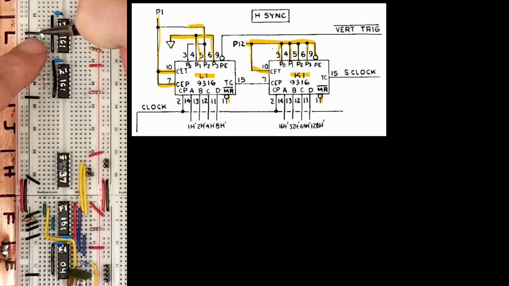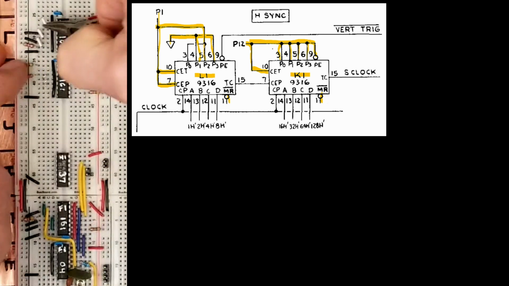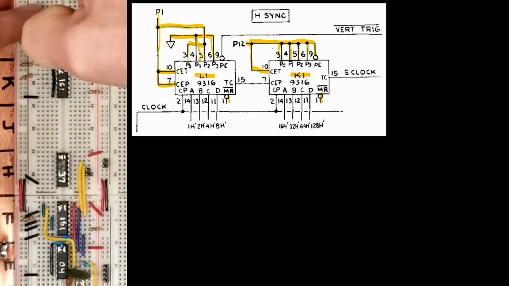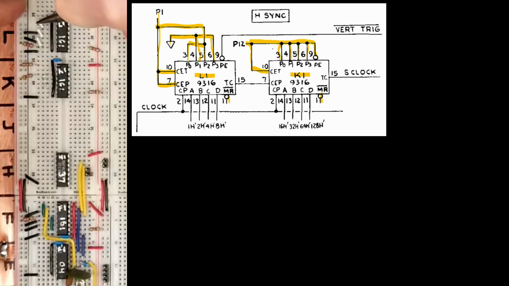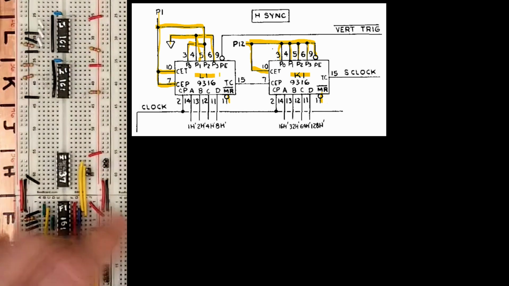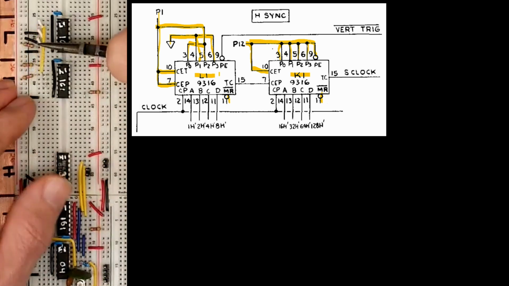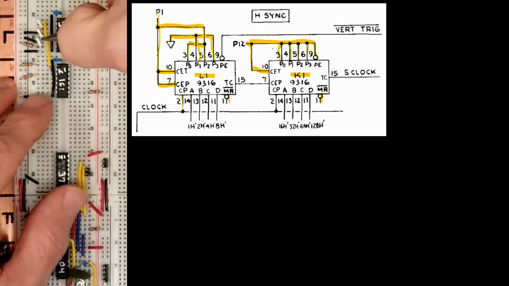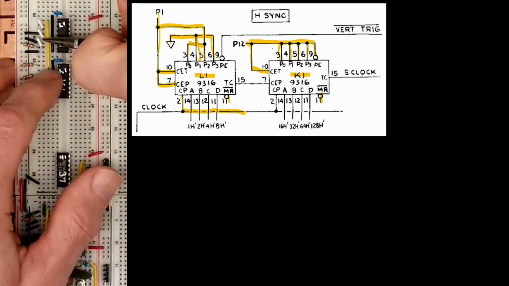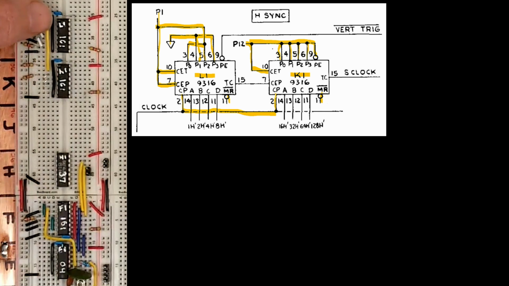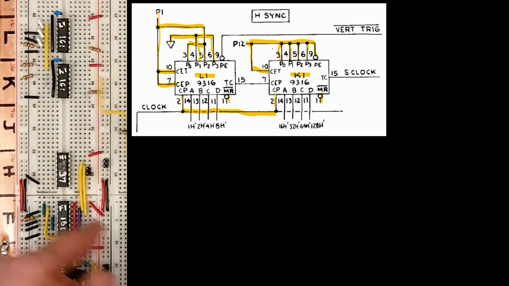These chips are drawn backwards compared to how you would count, so the lowest order bit is on the left and high order on the right. You can see that the clock line goes to all counters at the same time. These chips are synchronous and only step when both CE inputs are high. The terminal count pin turns on when the output is all ones.